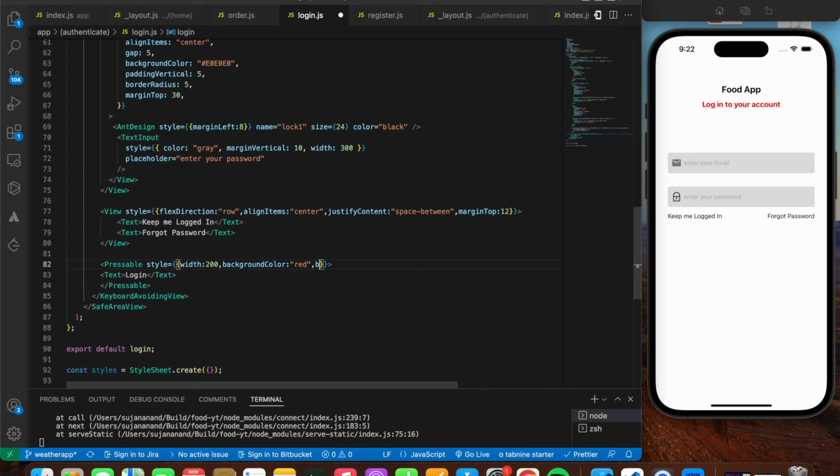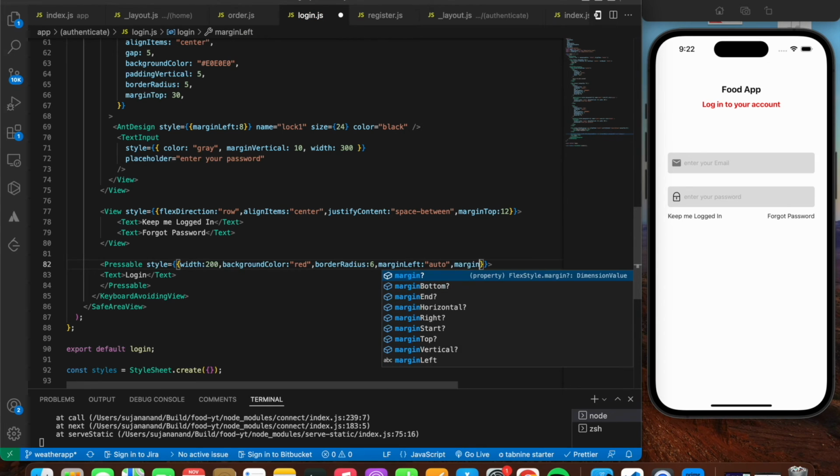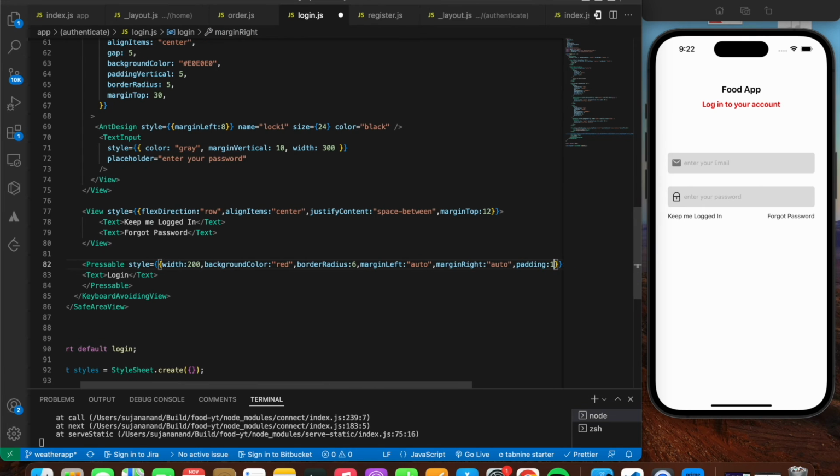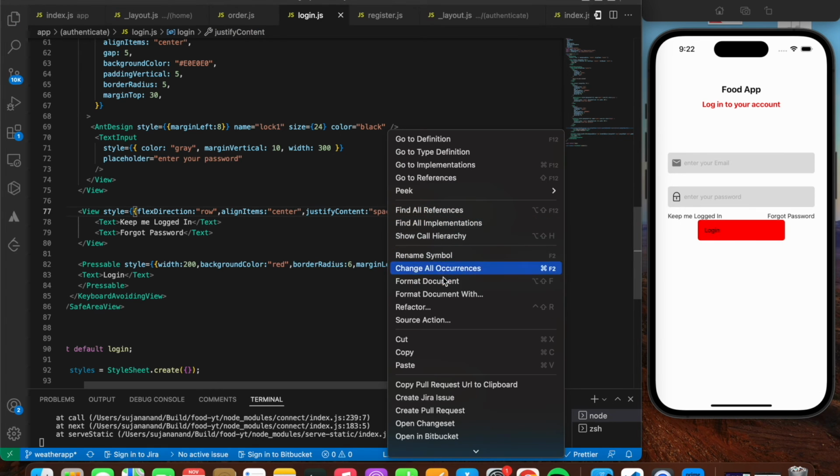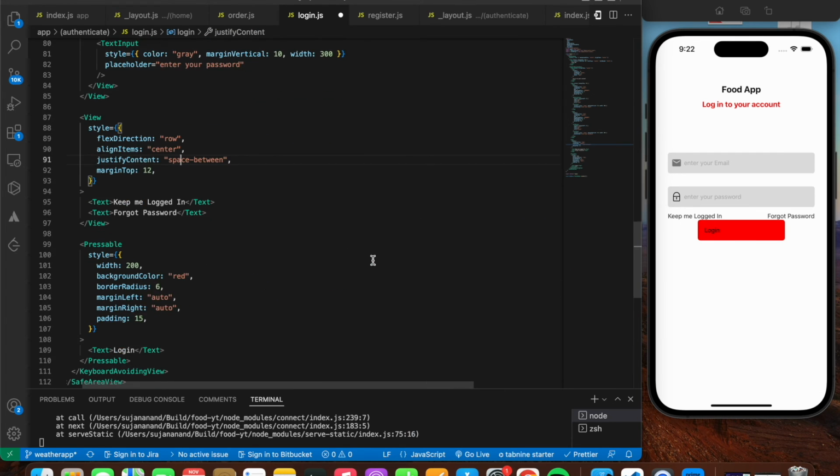And over here, we're going to give it a border radius of 6, margin left to auto, and margin right to auto as well. Okay, and some internal spacing, padding of 15. Save the file,